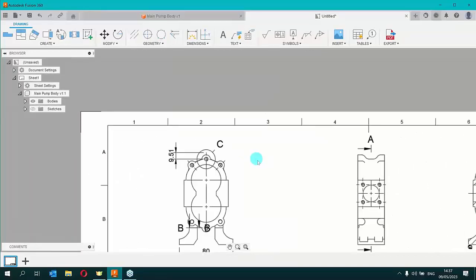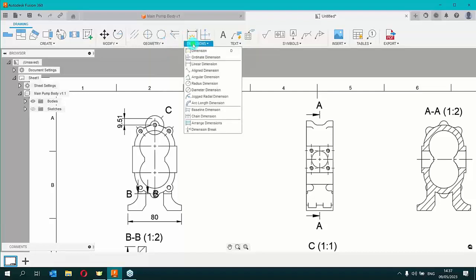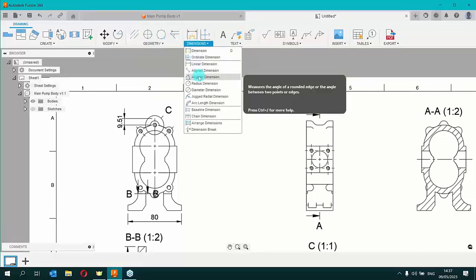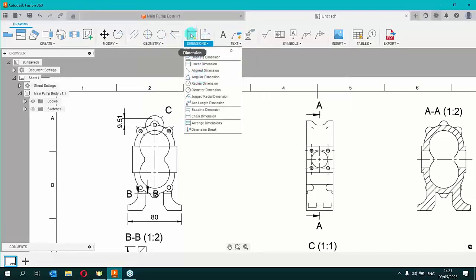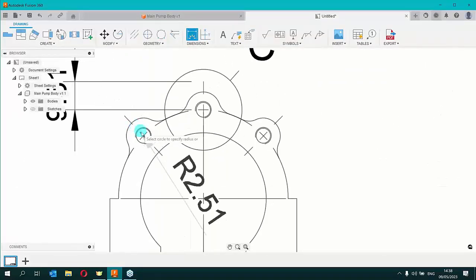Now, the next thing that we're going to look at is, this again is just placing general dimensions such as length and width. Say if you wanted to add in a radial dimension or an angular dimension there, how would you go about doing that? Now you don't necessarily have to click on the angular dimension tab. Even if you went with the general dimension option, what you can do is choose